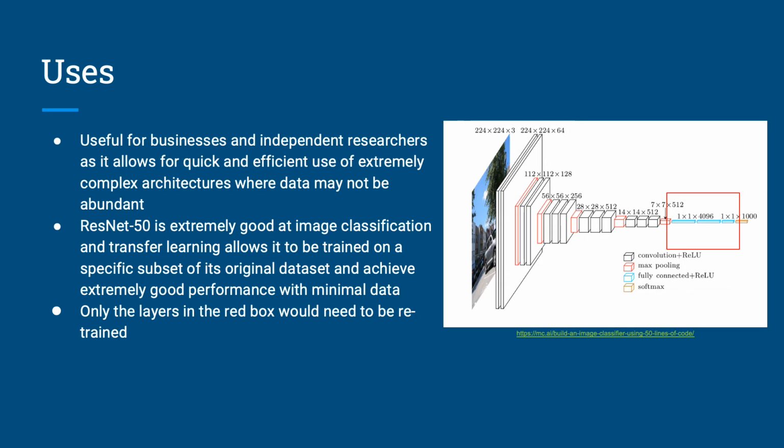Transfer learning would be incredibly useful for businesses and independent researchers because it allows quick and efficient use of extremely complex architectures where data may not be abundant. Going back to the ResNet 50 example, we know it is extremely good at image classification, so transfer learning allows it to be further trained on a specific subset of its original dataset, so any sort of real-life objects, to gain extremely good performance with minimal data since the network already has a good idea of how to classify it